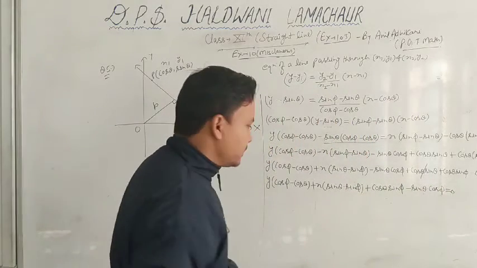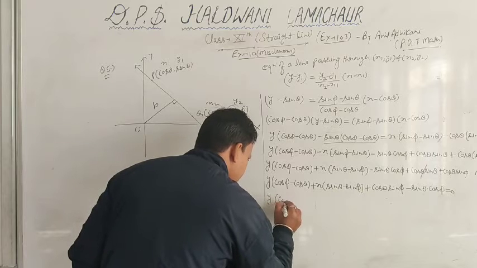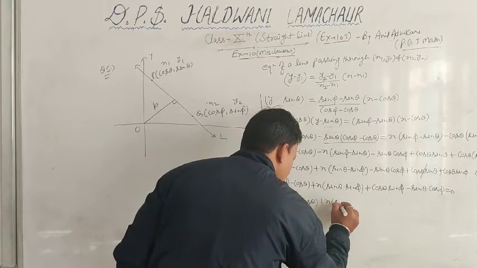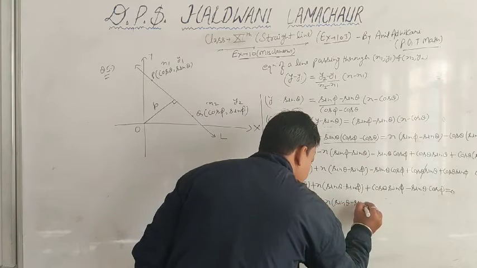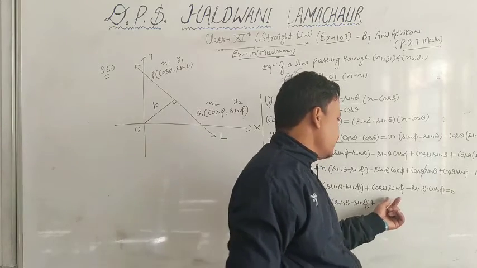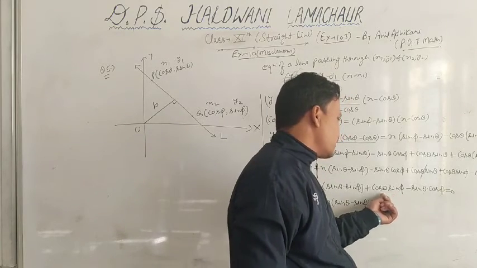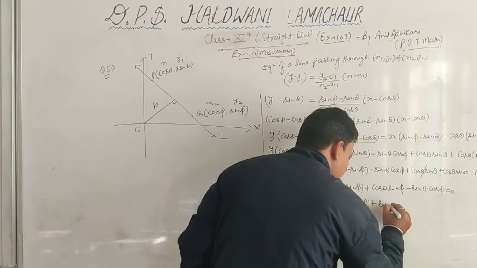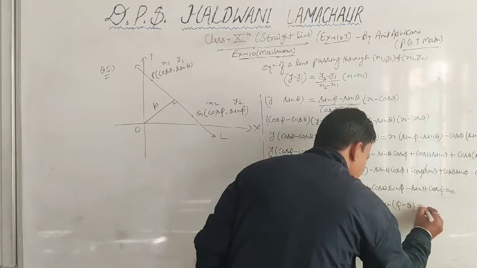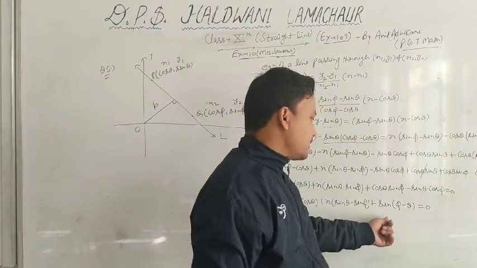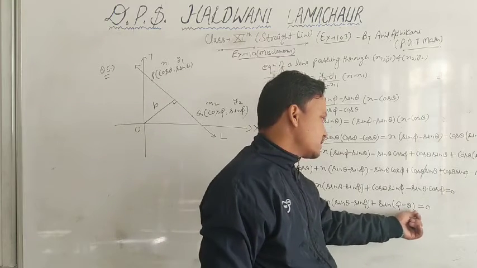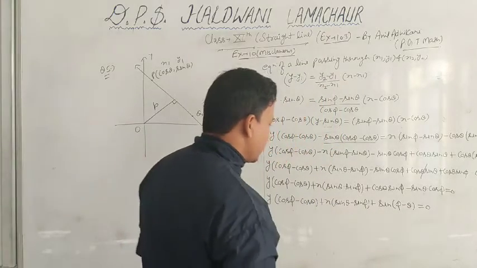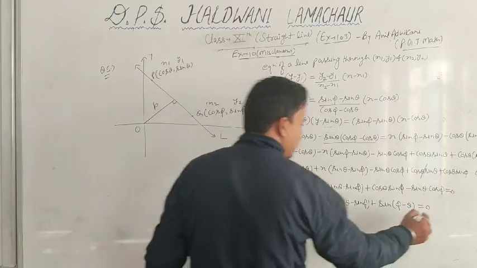Again we can change it a little bit by applying a formula here. So y times (cos phi minus cos theta) plus x times (sin theta minus sin phi), and here this is the formula for sin (phi minus theta), right? sin phi cos theta minus cos phi sin theta. This is the formula of sin (a minus b), as you learned in trigonometric functions. So we can write sin (phi minus theta) equal to 0. Now this is the general equation. Let it be equation number 1.